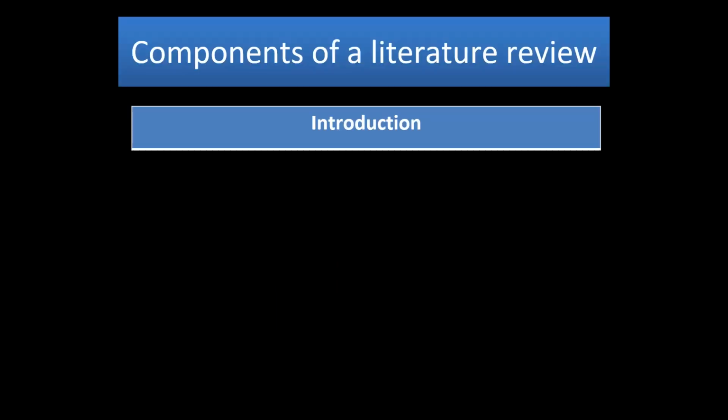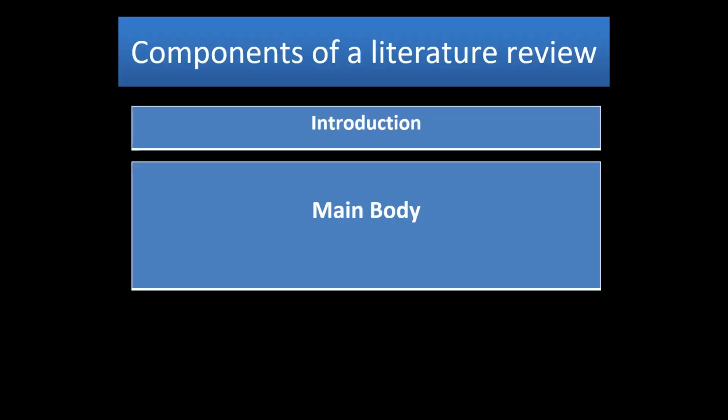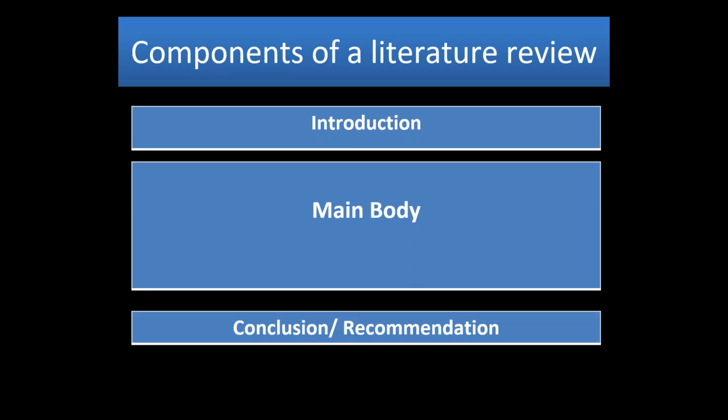So the starting process: there's an intro in a review, then there's a main body, and then there are conclusions and recommendations, and you smoothly go on to the next section of aims and objectives. So it starts with intro, followed by review of the literature, followed by aims and objectives, methodology, results, and all this. So you will get the template for that.